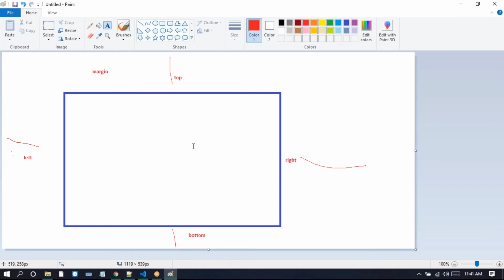These margin properties work in a clockwise direction: top, right, bottom, left. Like this, the margin properties will work.